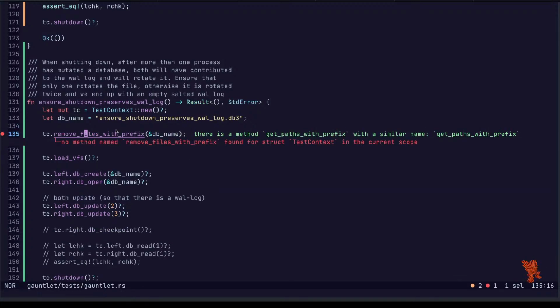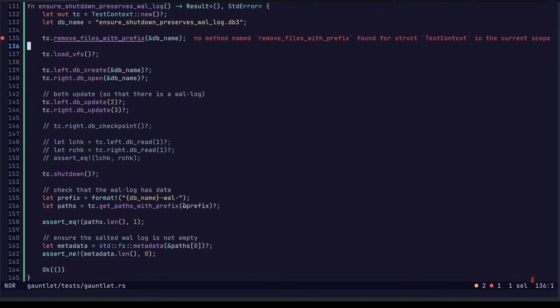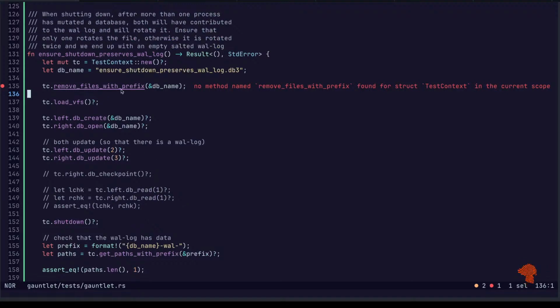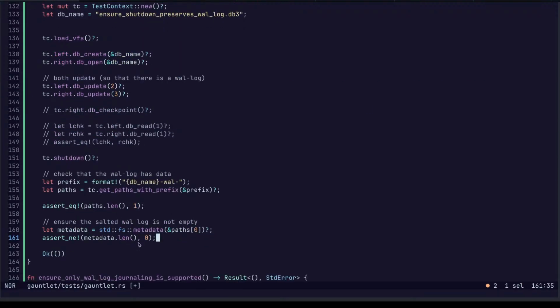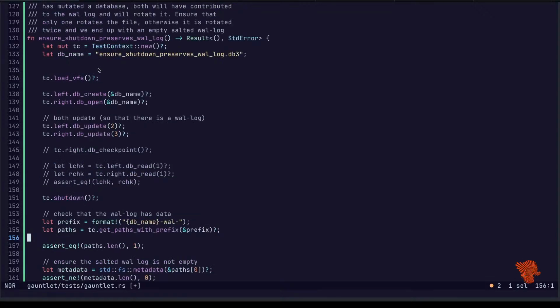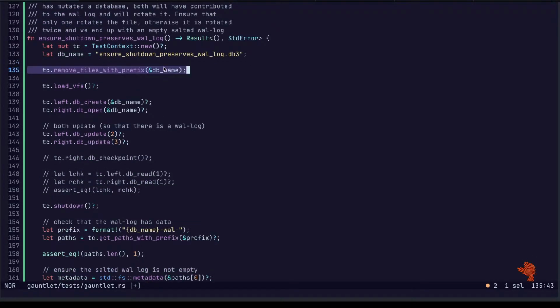There we go, just so it cleans up before and after itself. Oh, maybe we do that at the end. Yeah, let's do that at the end. And at the beginning. Hmm. I think this is just pushing off a larger problem, but